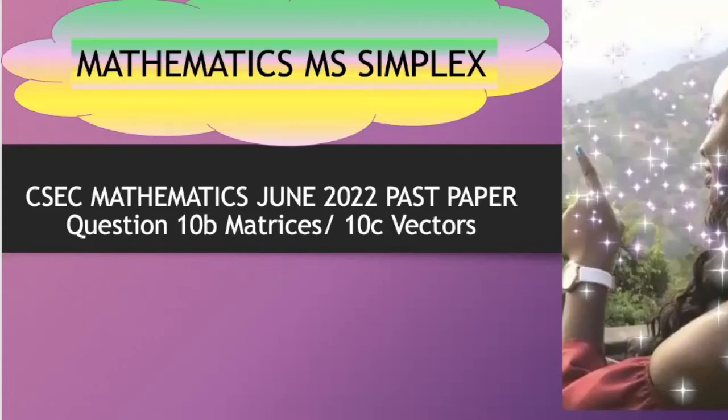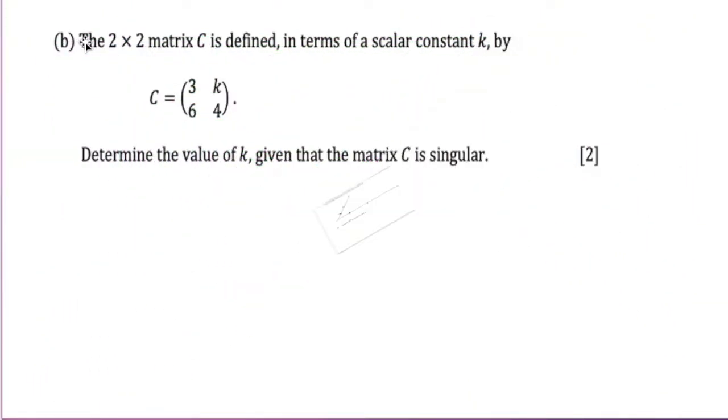Welcome back, everyone. Today I'll be doing CSEC Mathematics, question 10b, a matrices question, and 10c, which is a vectors question, and it is the June 2022 past paper. Let's get started. Part B states the 2 by 2 matrix C. This is a 2 by 2 matrix. We have 2 rows, 2 columns, is defined in terms of a scalar constant k by